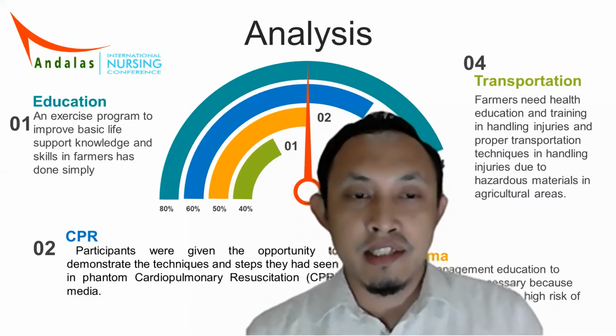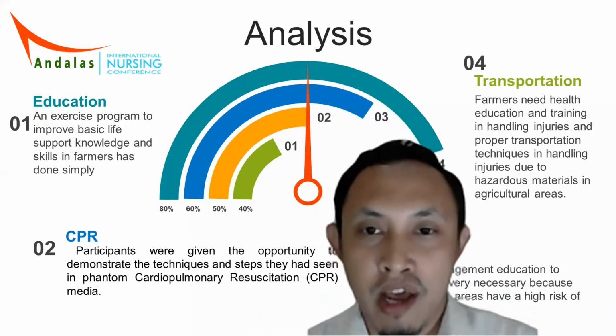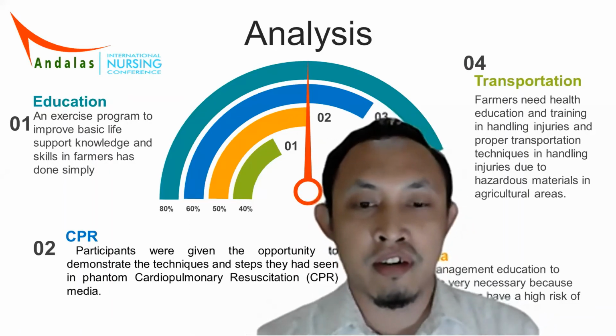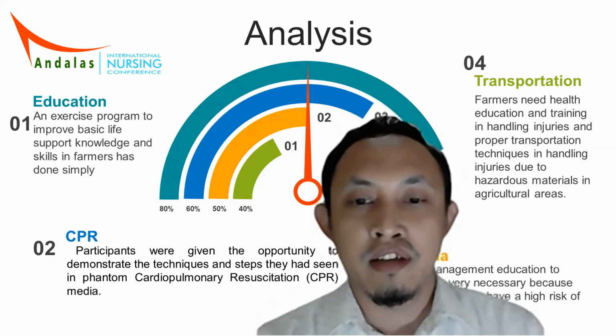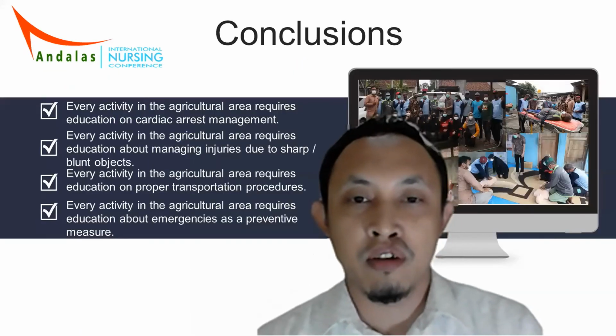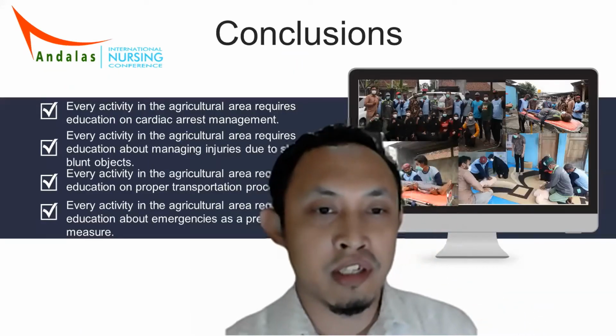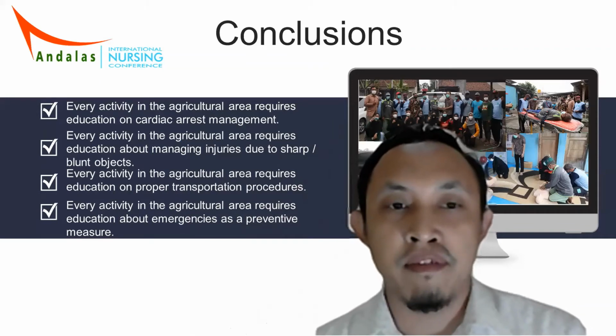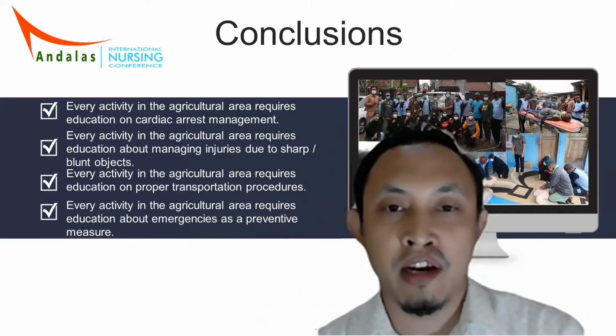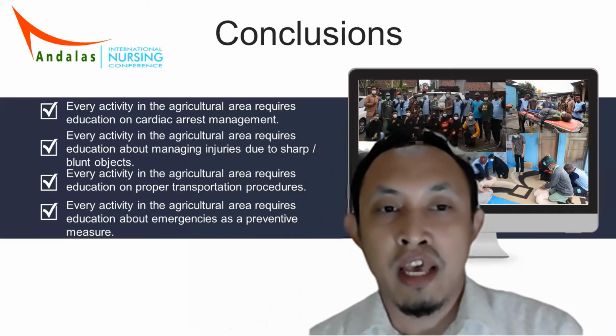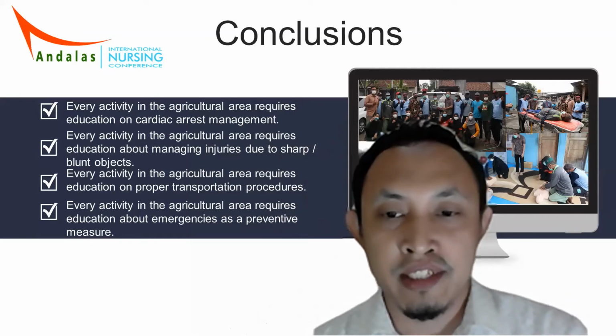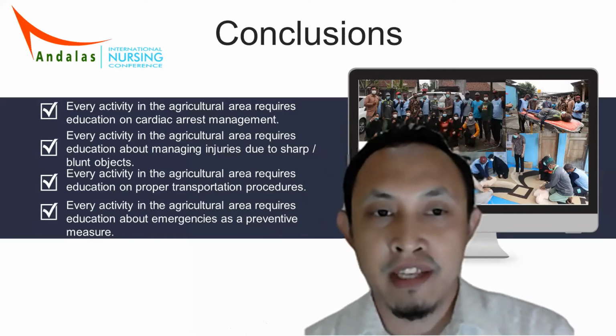This is the fourth analysis in our research. The conclusions of our research: the first is that every activity in the agricultural area requires education on cardiac arrest management. And the second,